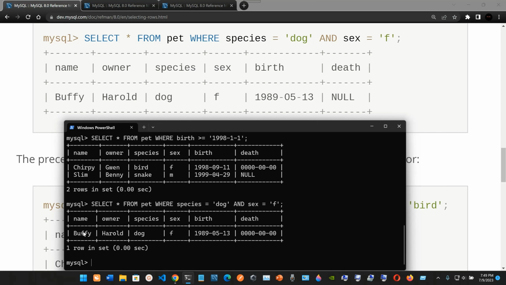And we have Buffy. The sex is female. Okay, this is a dog, and let's see. Okay, so yeah, it's correct. So we have the same information, 1989, all this stuff. So this is how we select from the column pet where the species is equal to dog, and